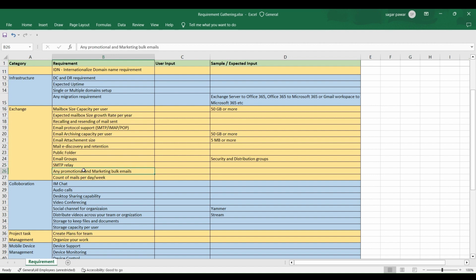And next is about promotional marketing mail. A lot of companies are looking for this kind of feature from you. So you have to be very clear that, for example, Office 365 doesn't provide this feature. This is not available in Office 365. So in that case, you have to select a third-party product. So you have to check with them whether they're really looking for this, and if yes, then you have to suggest